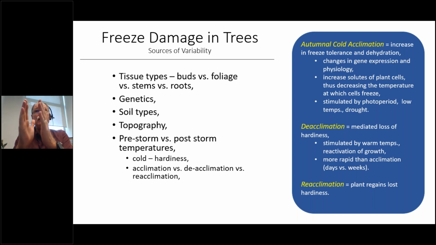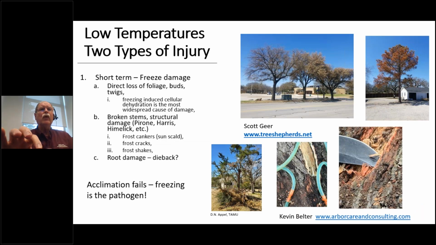That's the dead portions of the tree, the non-living portions of the tree, where some freezing isn't going to be bad. True, we could still get damage if the tree drops down to extremely low temperatures like we did have in 2021, but it's all about acclimation in trees. Acclimation is what determines whether we get short-term freeze damage or long-term freeze damage